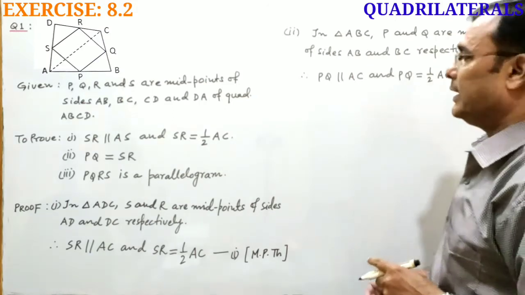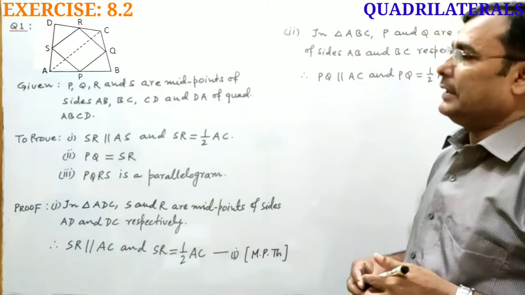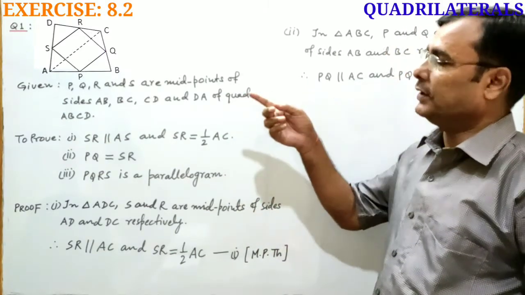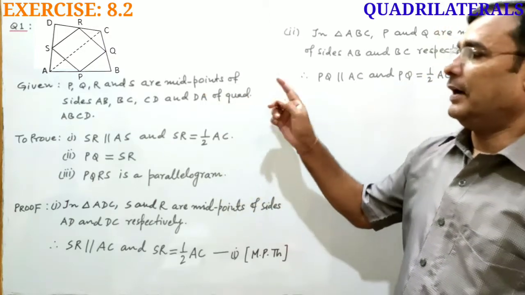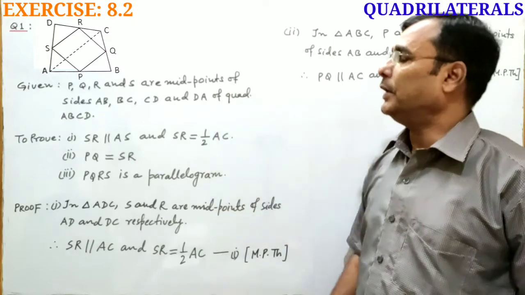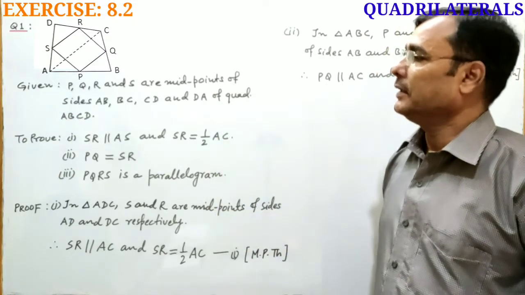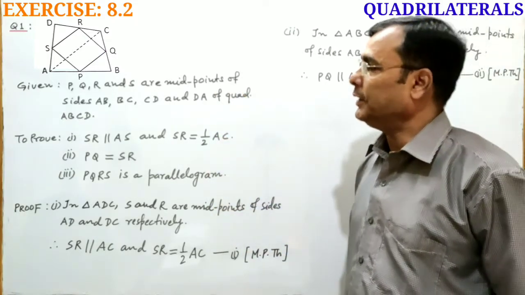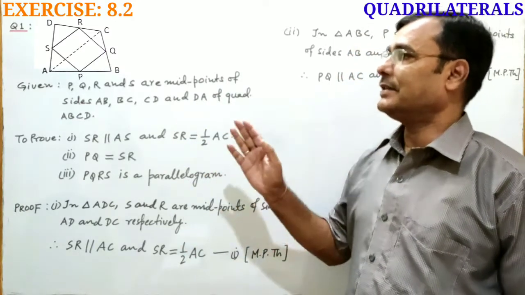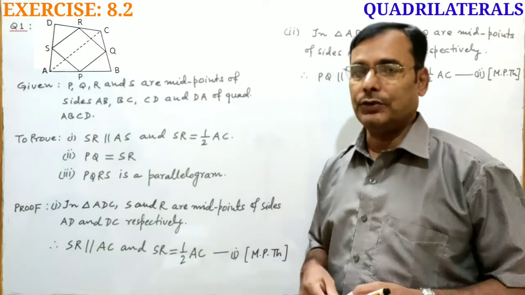Midpoint theorem says that in a triangle, line segment joining midpoints of two sides is parallel to the third side and half of it. So in triangle ABC, P and Q are midpoints of sides AB and BC. So PQ, line segment joining midpoints of two sides, is parallel to third side AC, and also PQ is equal